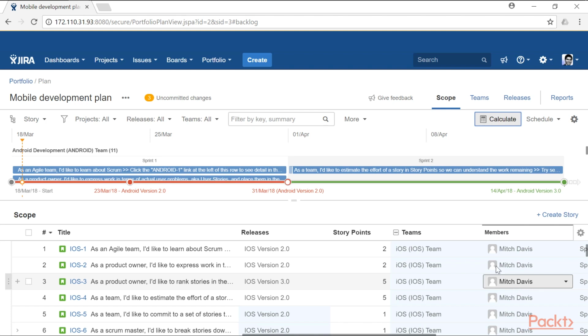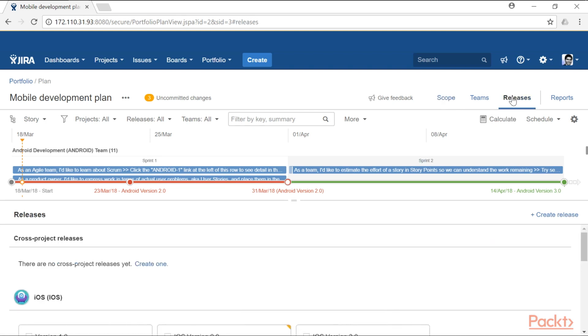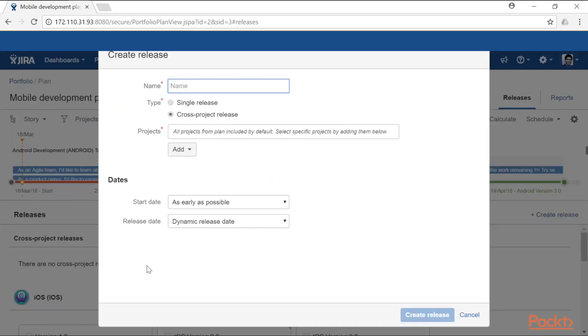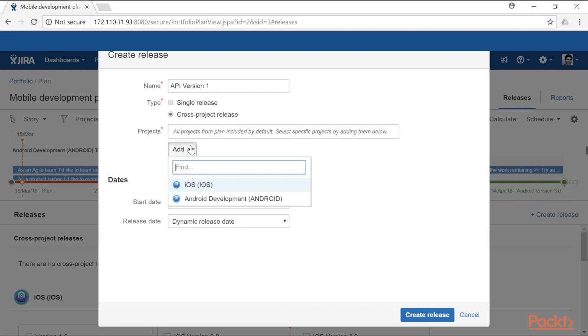you in the planning. There's one more thing which I want to quickly show you, that we can also create a cross project release. For example, if you're working on a release which is relevant for both the projects, let us say Android and iOS, you can actually create one cross-project release that will be applicable in both the projects. Let us say I want to name this particular release as API version 1, and I can also include the projects where it will be applicable. So I can include my iOS and I can also include my